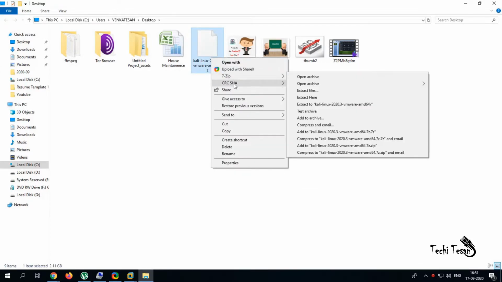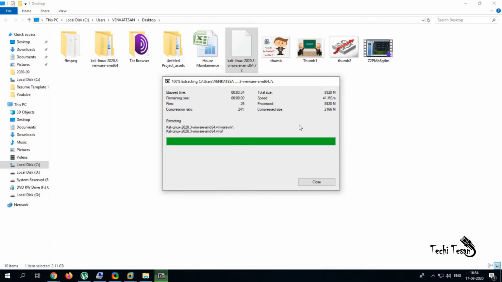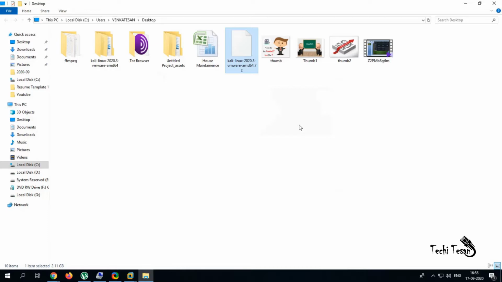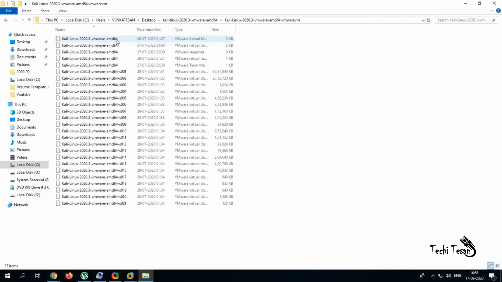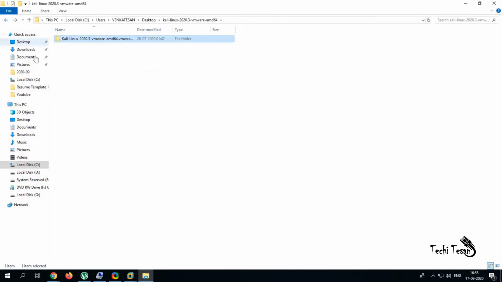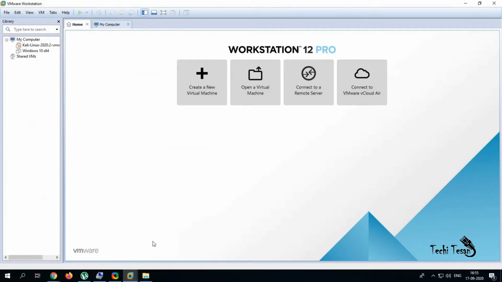Open the desktop. Here I am going to extract this file. The file has been saved as a zip file. To extract, I am using 7-zip. Once the file is extracted, click on the folder and then you will be able to see the disk files that are available for the virtual machine and also a configuration